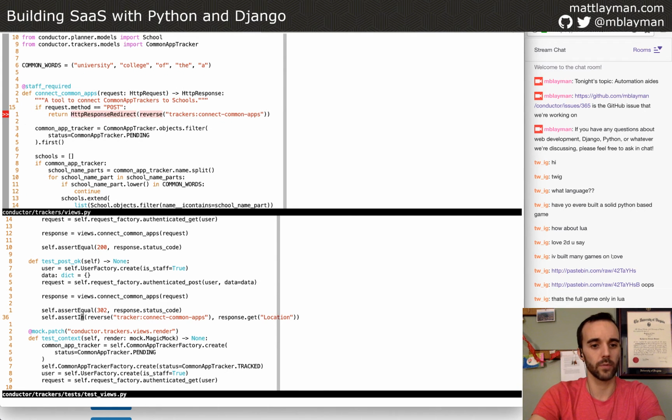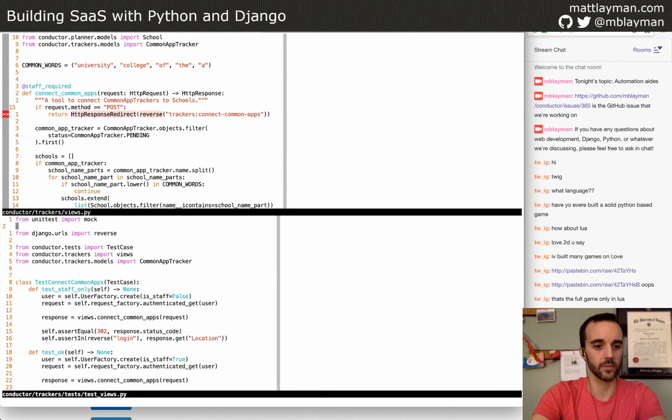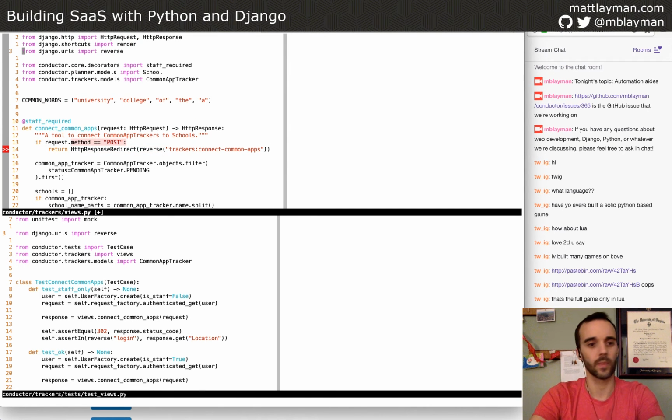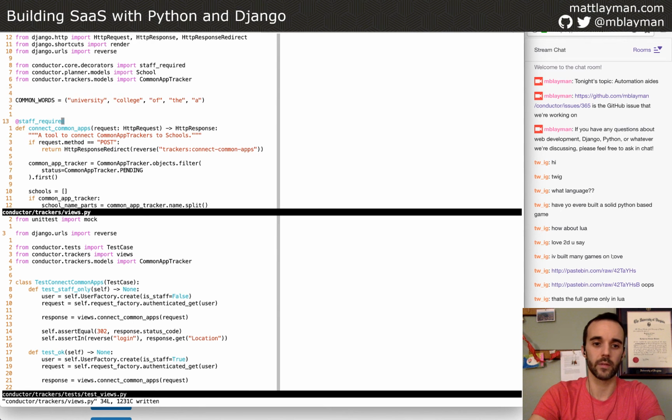And we're missing both of those imports, but I know they're in the test, so let's get that there. So we need Django URLs reverse, and that gets rid of that one. And then we need HTTP response redirect, which is that one. And I believe that this type signature here of HTTP response is still correct, because the response redirect is actually like a subclass of an HTTP response.